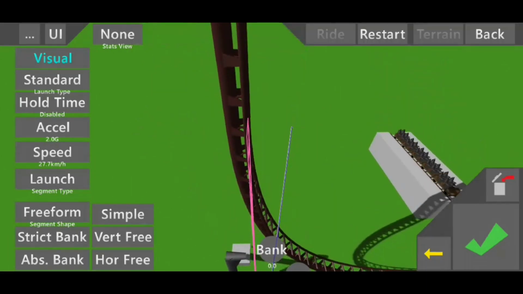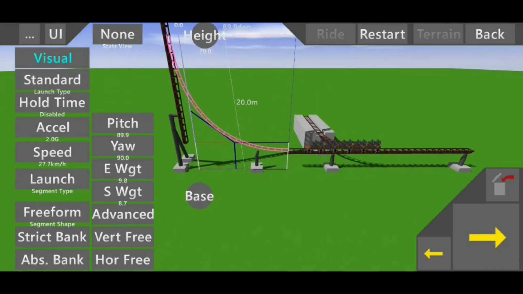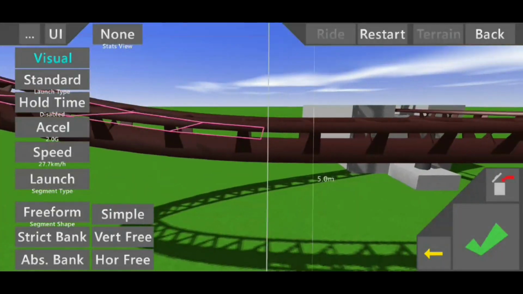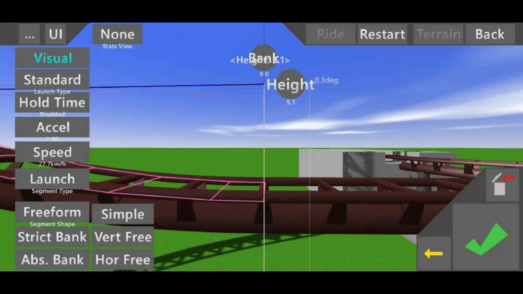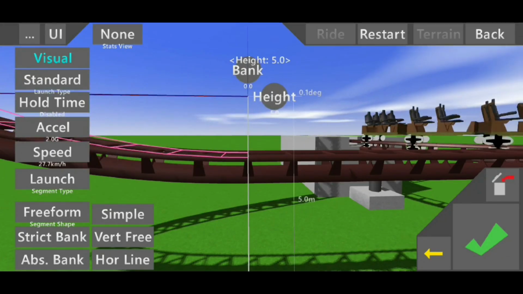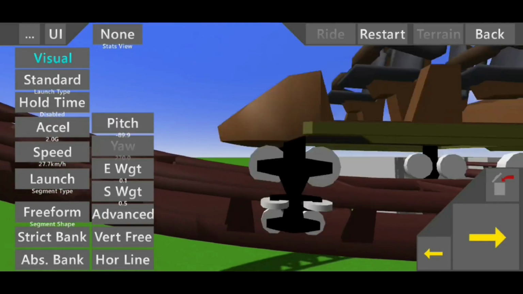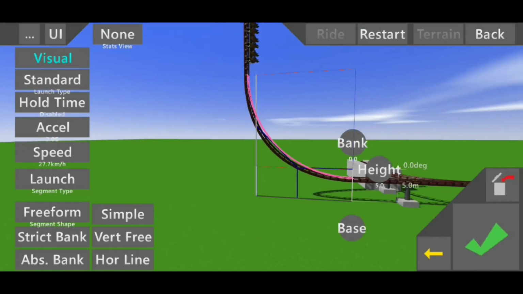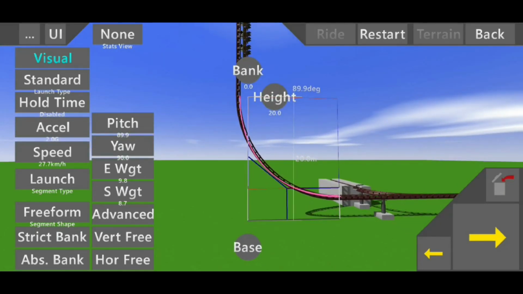And after we have built that piece more or less well, we can build the next piece and just look for this piece and put our base point there. Then we again need to make it horizontal linear and put in the right height. And if we have it more or less, then we can adjust the pitch and the end and starting weight. We need to copy them from the other piece but invert it, so the starting weight becomes the end weight and the other way around,